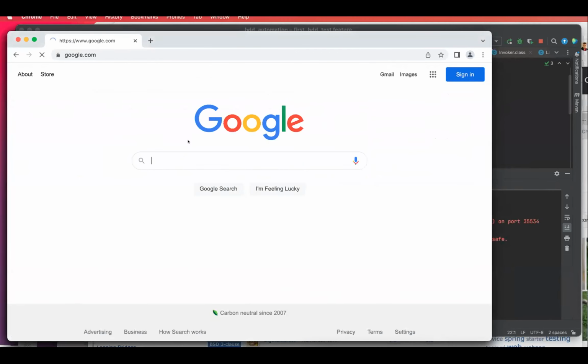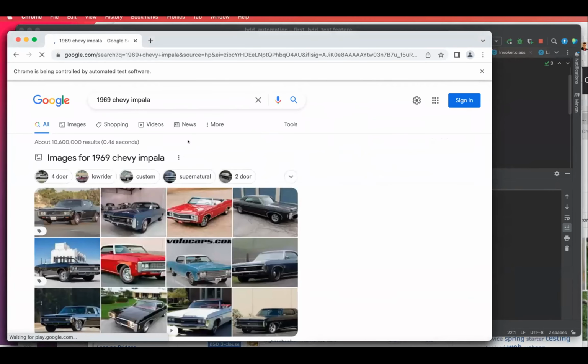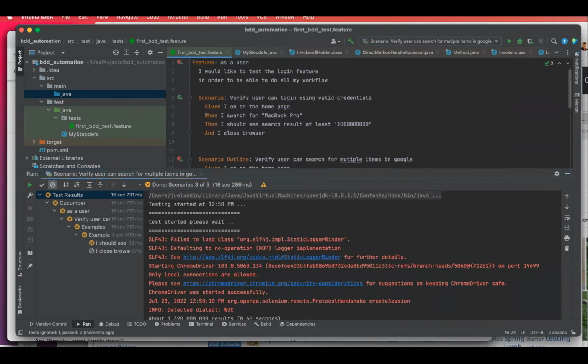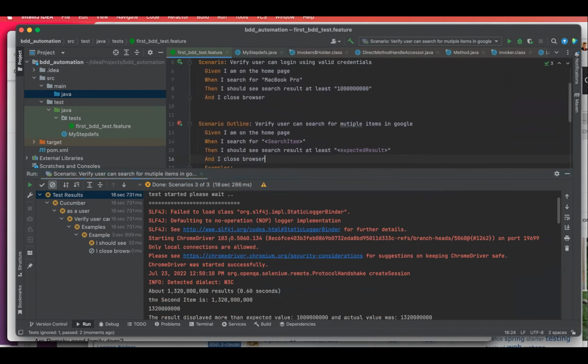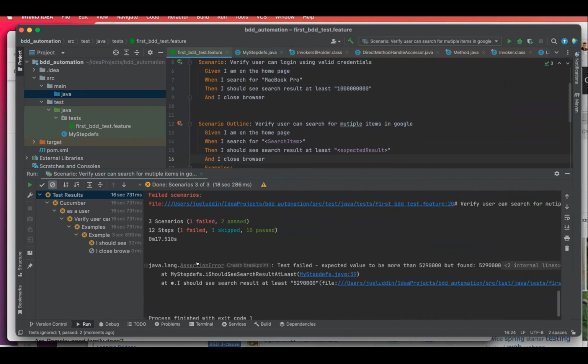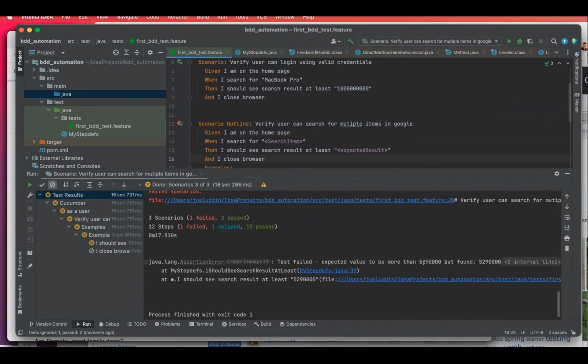let's see. And then the next one. And it's done. So now it should remove it. So let's see what happened. Did we have a test failure again? And we have to handle it. So one test failed, and let's see, test failed: expected value should be more than this, but found